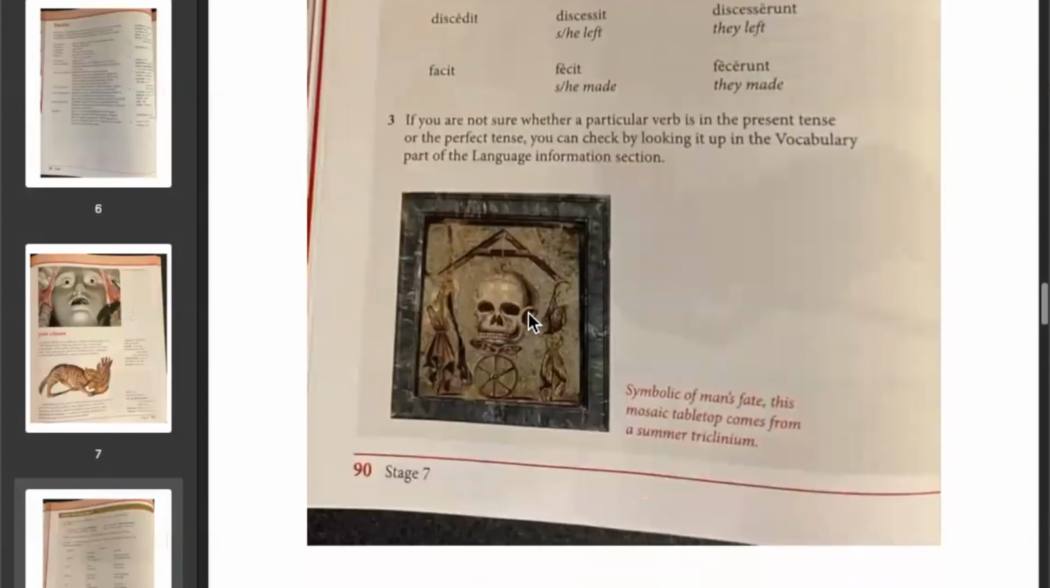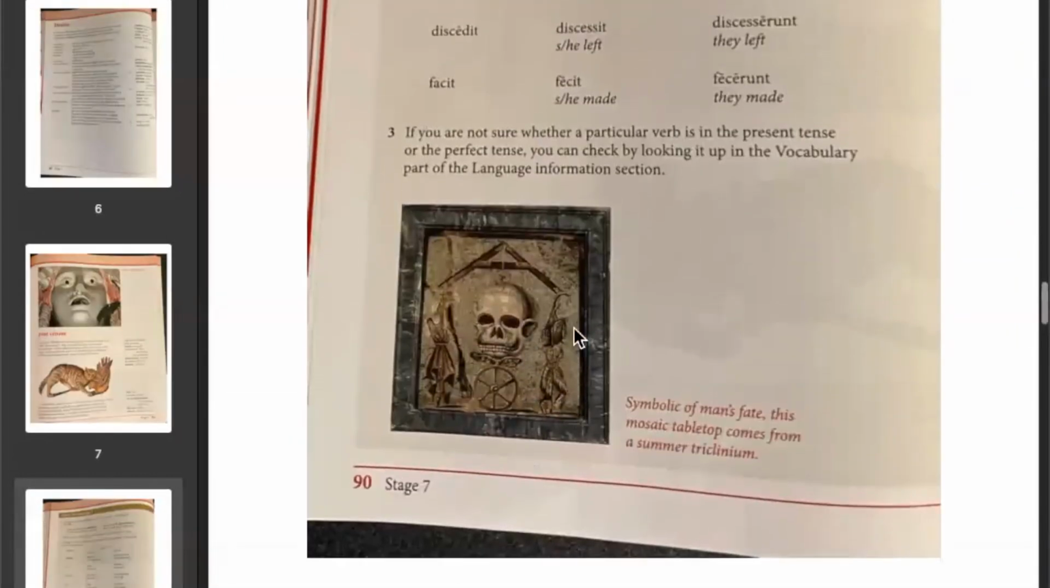So let's move into, here's another spooky tabletop. So symbolic of man's fate, this mosaic tabletop comes from a summer triclinium. And of course, this is the dining room, as I've said. So it's kind of a spooky thing, but one of the big reasons why the Romans did this all the time, thinking about death all the time, when they're eating, when they're doing things, going to war, all of these different aspects of Roman life, they were really thinking about death a lot. A big reason is because of